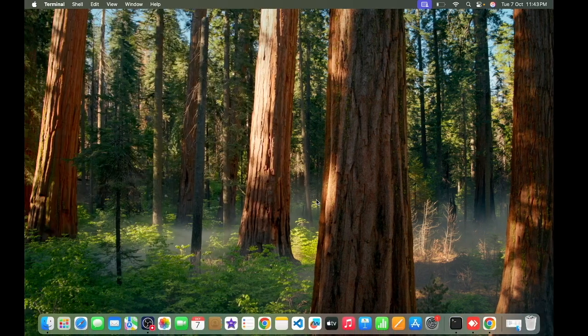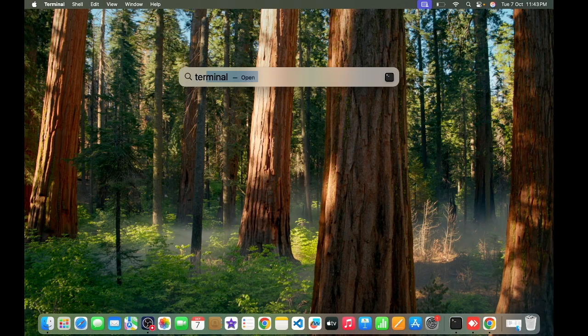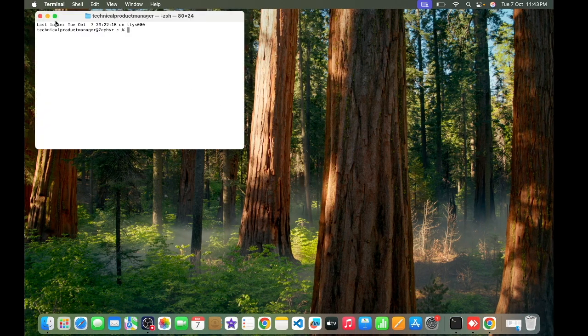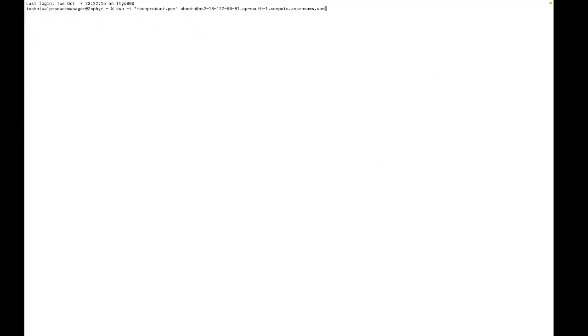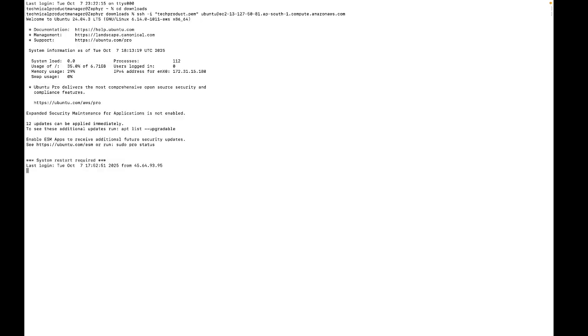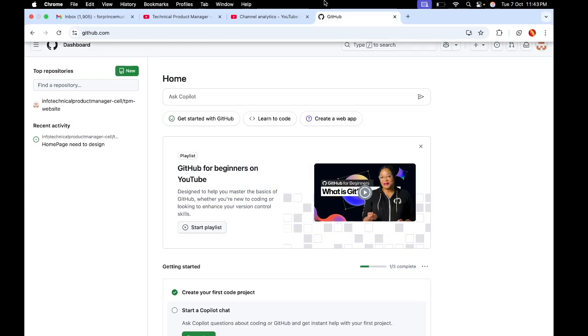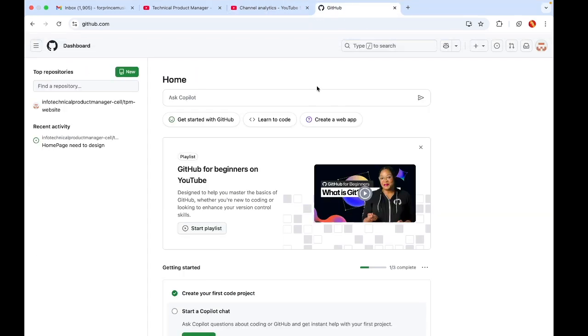Let's connect this terminal. Open terminal. Okay, now we got connected with the terminal, right? It's my AWS account which is already running. So let's connect with